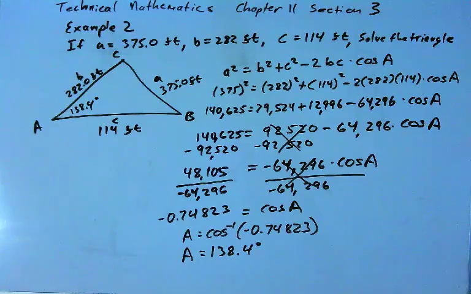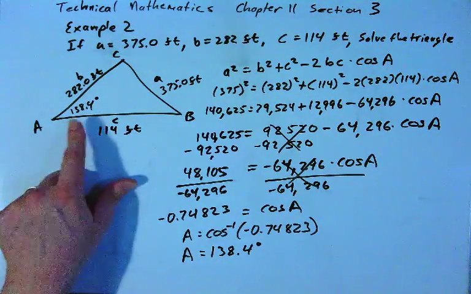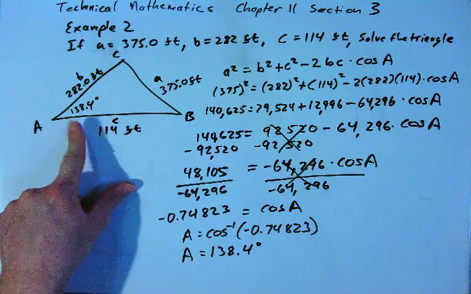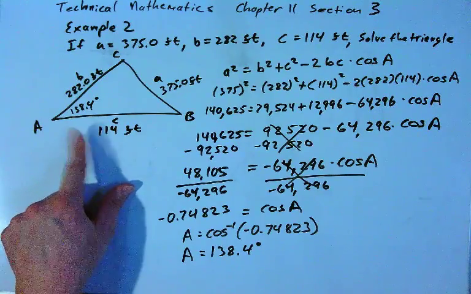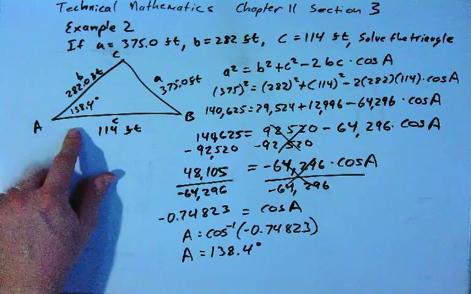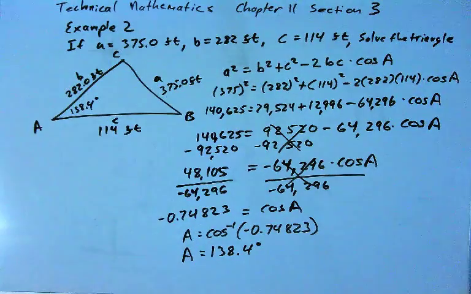Angle A, we think, is 138.4 degrees. And again, my triangle is not drawn to scale. Obviously 138 is greater than 90. The triangle is supposed to be obtuse, so I didn't draw it that way, but that's okay. This is just to help me visualize. Now that I know one of the angles, and I know the side opposite that angle, now I can use